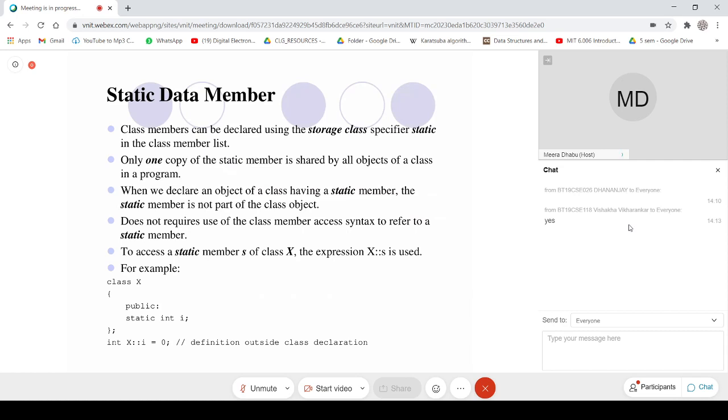And if you can see, the storage is also different. As I have shown in the previous diagram, the static data will have a different storage location in the memory layout of a process. So this is one example. All of you can see this.